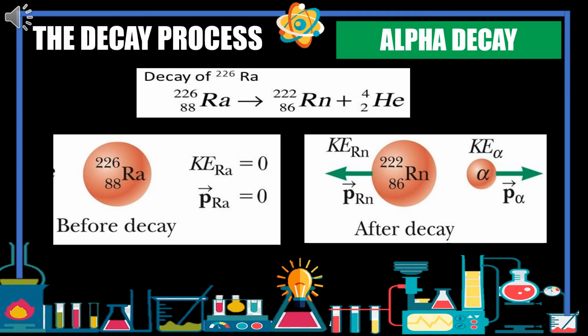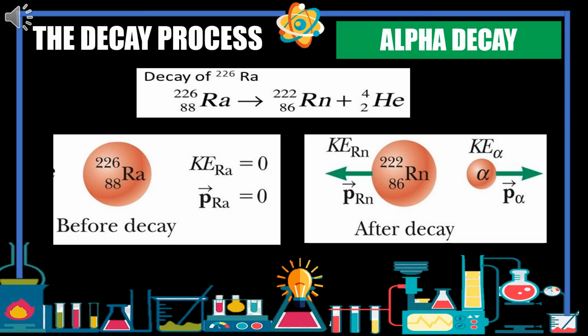Let us all remember that for alpha emission to occur, the mass of the parent must be greater than the combined mass of the daughter and the alpha particle. In the decay process, this excess mass is converted into energy of other forms and appears in the form of kinetic energy in the daughter nucleus and the alpha particle. Most of the kinetic energy is carried away by the alpha particle because it is much less massive than the